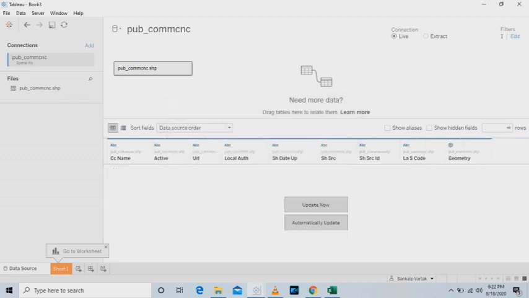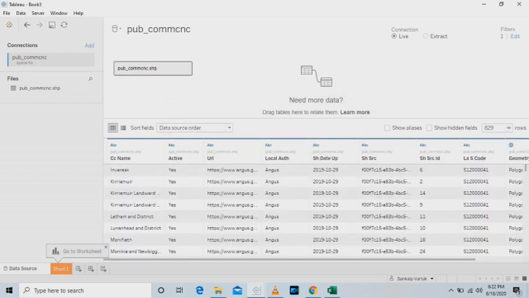Okay, so now we have selected all the cities given in our dataset.